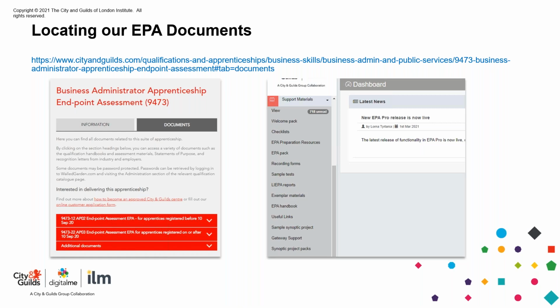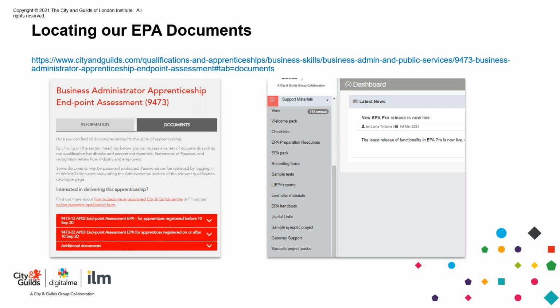If you were to add 9473 into the search bar on the City and Guilds website, the Business Administrator Apprenticeship would come up because that's the generic, umbrella code. For version 1, so anybody starting before the 10th of September, they would be on version 1. That would be in the Documents tab, the first drop down, and all the documentation associated with that would be found there.